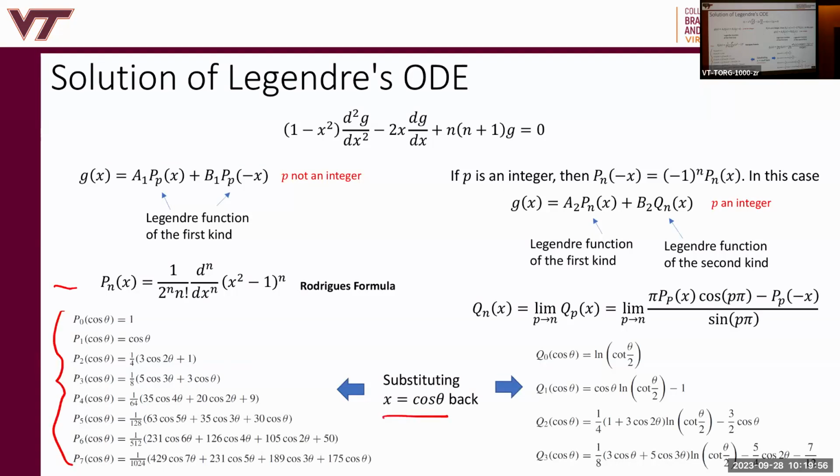If you substitute x equal to cosine of theta, then you can get, so Q here is obtained in the same way as we obtained y when we saw Bessel's differential equations, cylindrical coordinates. I'm not sure why I said x equal to cosine of theta. Oh yeah, duh. These are all in terms of theta, right? So these were in terms of x, but you can substitute back in for theta and you get these. And these are the polynomials for Q, which is the second linearly independent solution whenever you have an integer n. So you'll see these a lot, Pn.